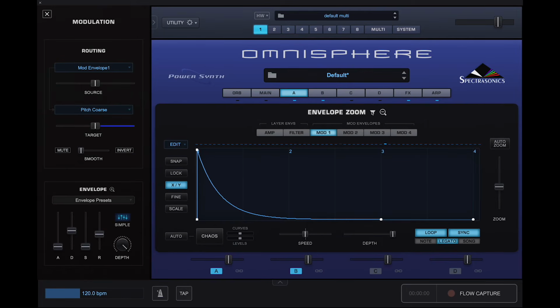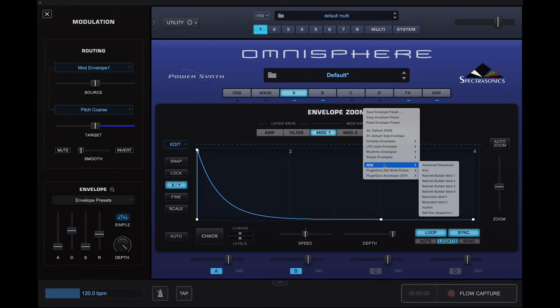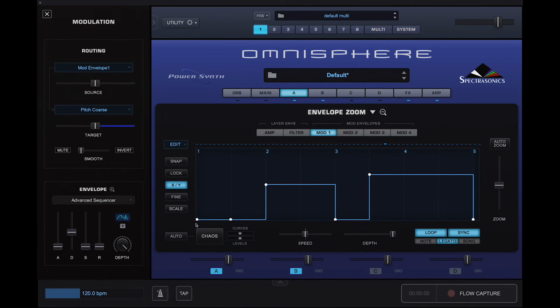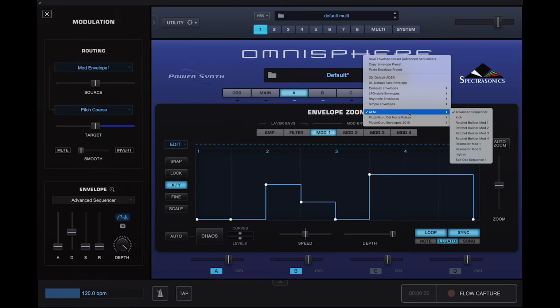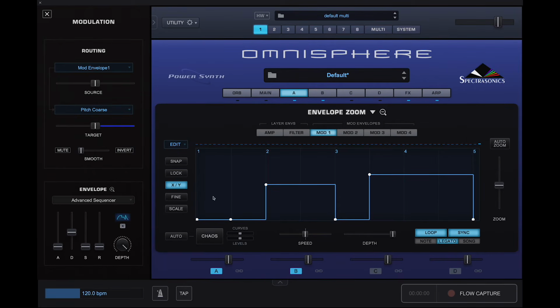I'm not going to bore you with building this sequence out, so I'm going to just load it up and then I'll explain what I've done. What I've done here is created these steps, and you create a double step by just double clicking, and it creates a step. And just put it back. And to get it to sort of like